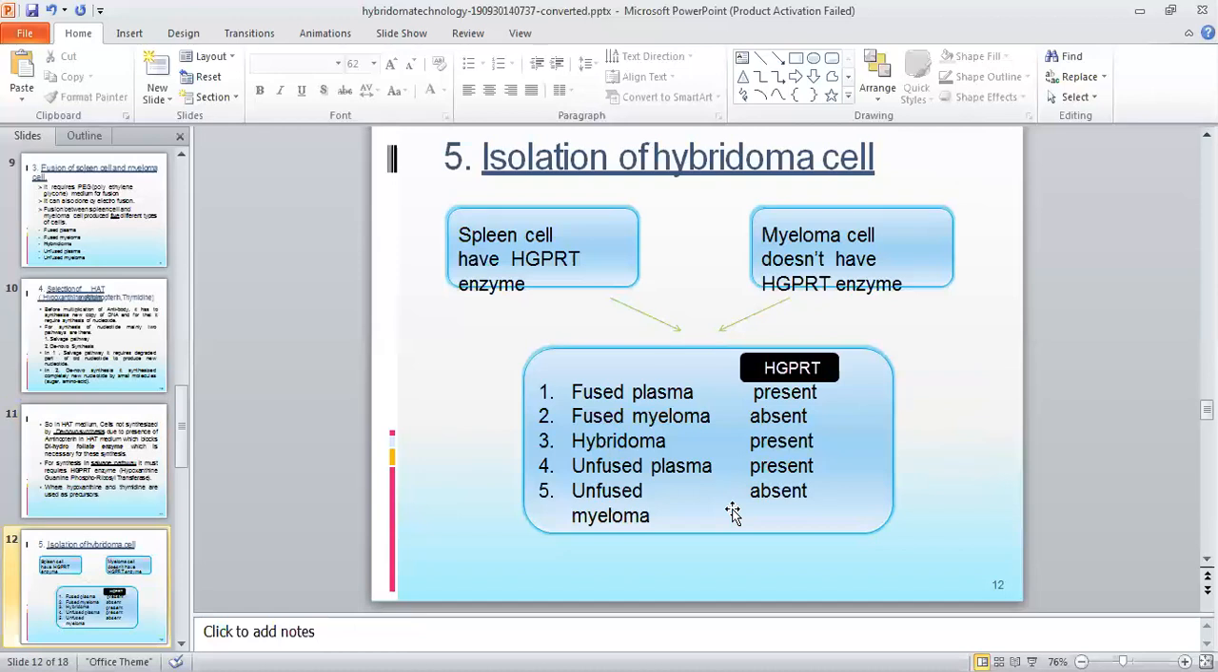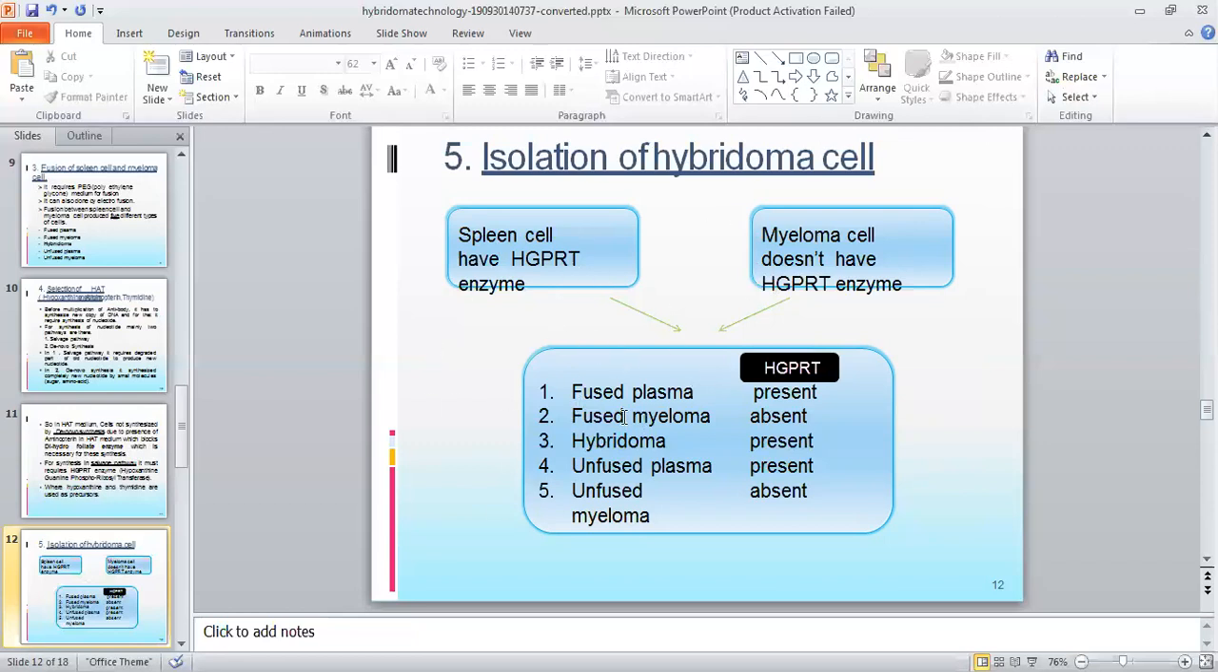Isolation of hybridoma cell. It is a spleen cell or plasma cell. They contain HGPRT enzyme for the synthesis of these new nucleotides. And the myeloma cell, they do not have this HGPRT enzyme. They have dihydrofolate enzyme, and the dihydrofolate enzymes are blocked by HAT media. When we add HAT media, then